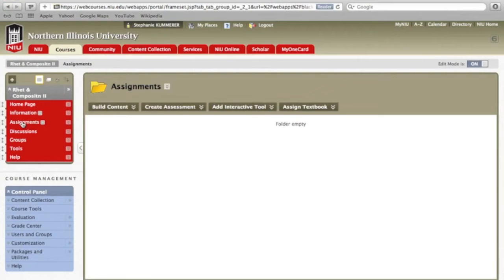Once you click on assignments, you'll see that you can now build content in here, although what you want is not under the build content area. What you want to do is create an assessment. Not sure why they call it that, but that's where the assignments are. So if you click on there, you will see the option to create an assignment. Once you click on assignment, then